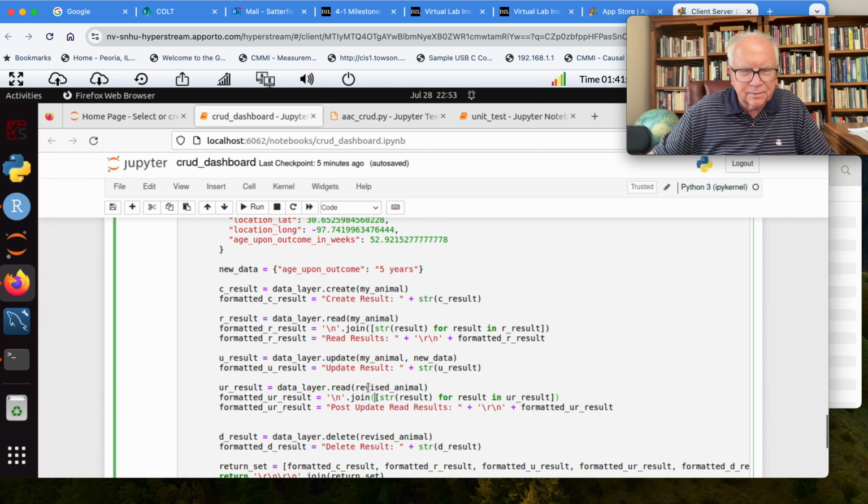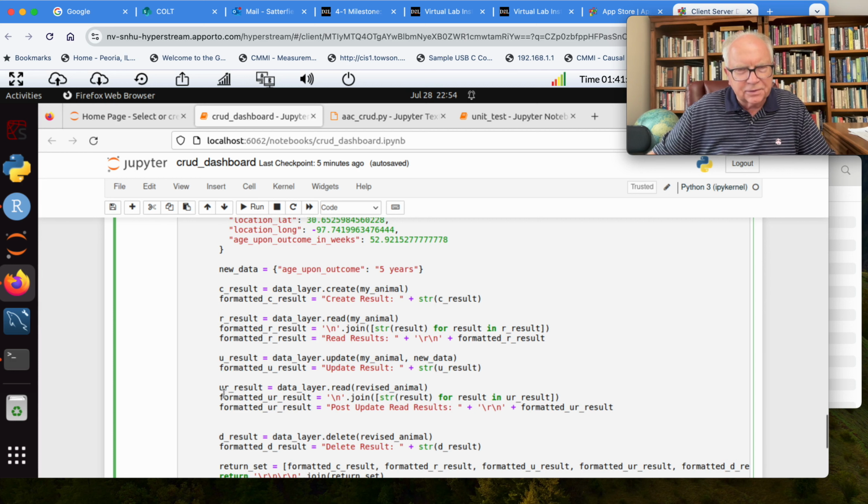And of course, we're going to format this. Now this is going to come back as an integer, the number of documents that were updated. So we need to just wrap that in a string, prepend a label,